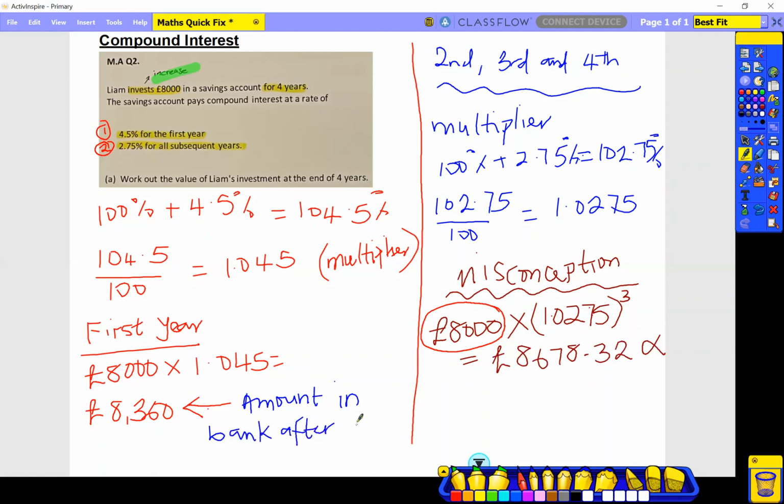So that is the amount that we ought to be calculating compound interest for, not the 8,000. So the correct calculation would be